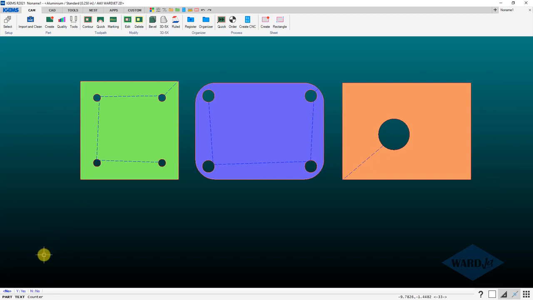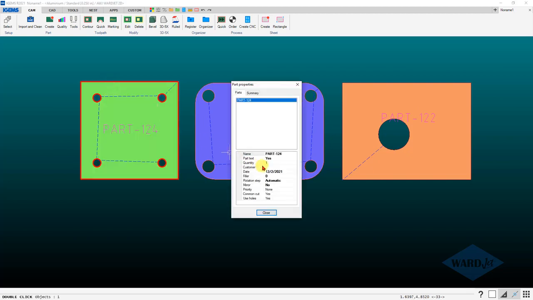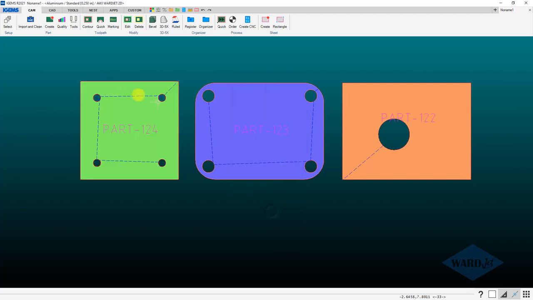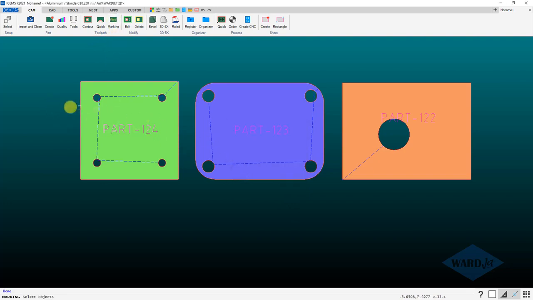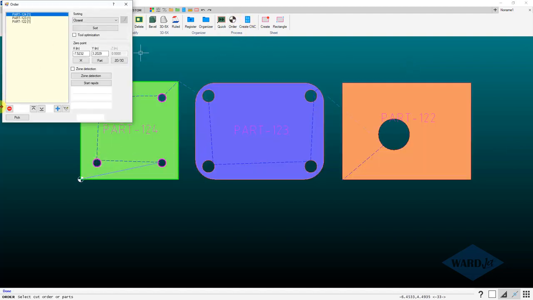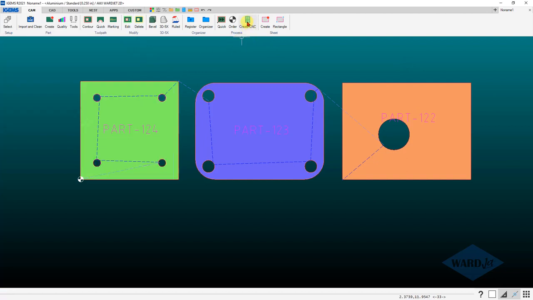We'll keep the same height and we'll do no for counter, and this time I'll say no to other object, so it still puts the text for the parts on there, and if you double click on the part it shows you that that is indeed the part name. However, since I said that these were going to be inserted not as other objects, I'm not able to select those to do things like marking or quick cuts or things like that. So when I go and now create my report,